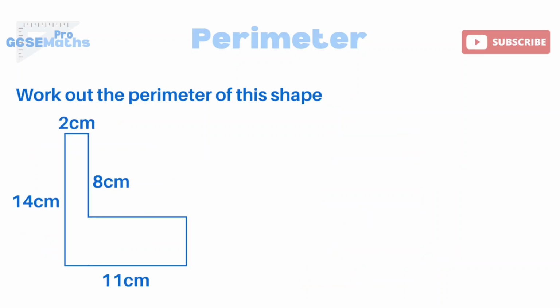Now, obviously, they can make it a little bit more complex with using compound shapes like this. Compound shapes is where you have a shape that is obviously made up of 2 other shapes. So for example, here, if I were to split this, that's obviously 2 rectangles, isn't it? They've stuck them together. So, the perimeter of the shape is all of these sides added together, but as you can see, before I even start with adding them, I have got 2 sides missing. Do you see this horizontal one here and the vertical one on the right? So I'm actually going to have to figure out those missing side lengths before I can add them all together